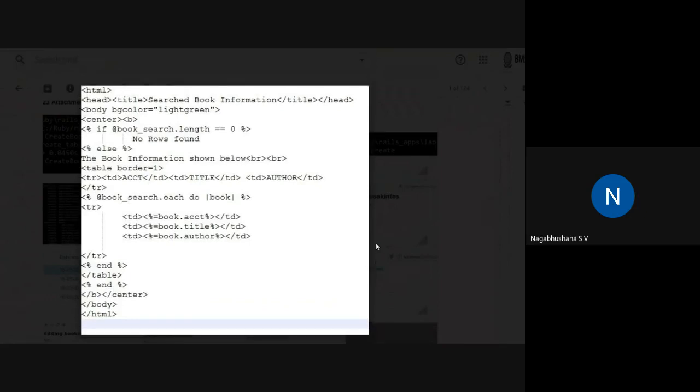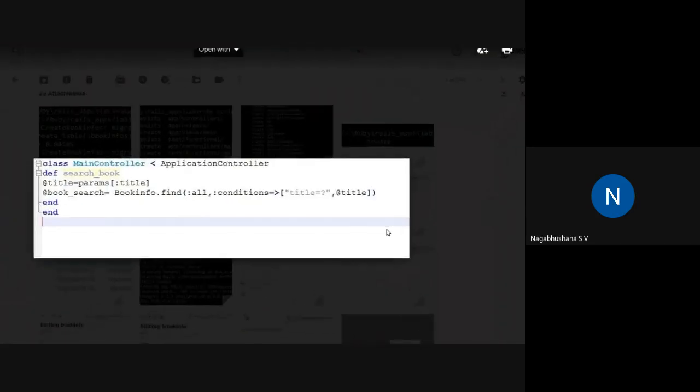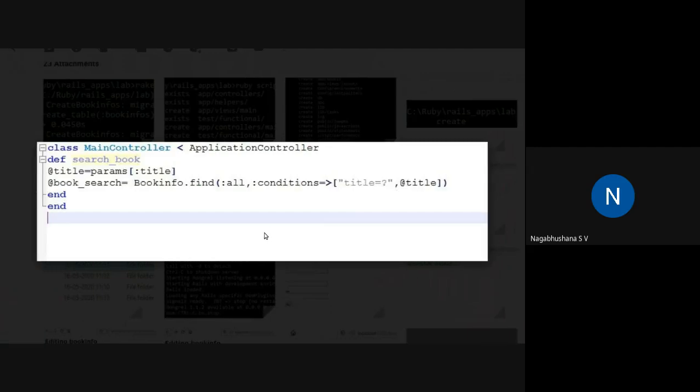Since there are 3 records already available here, if this part is not executed, it will come to the next field. It will show the book information in a tabular format, which will be displayed. Next. Okay, so this I have showcased. Next.